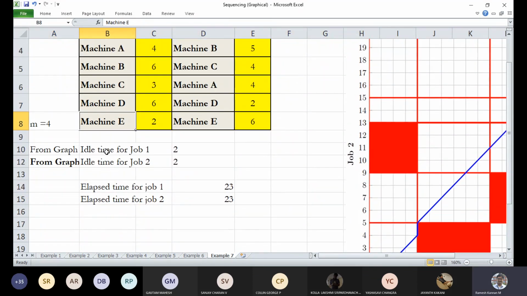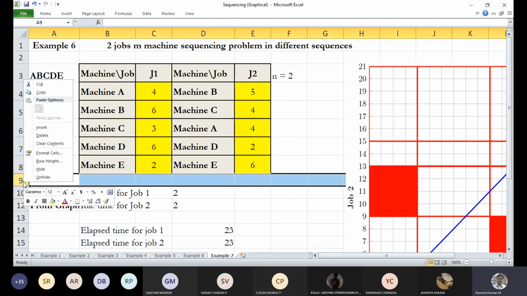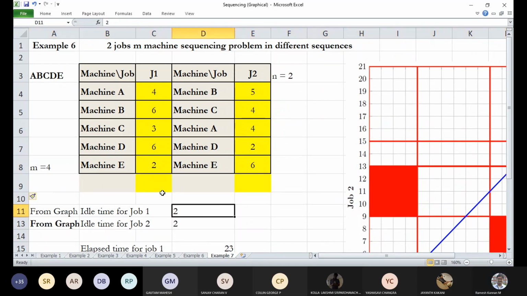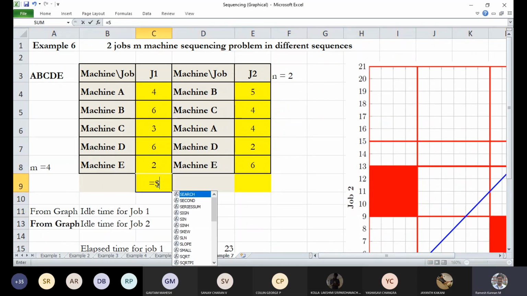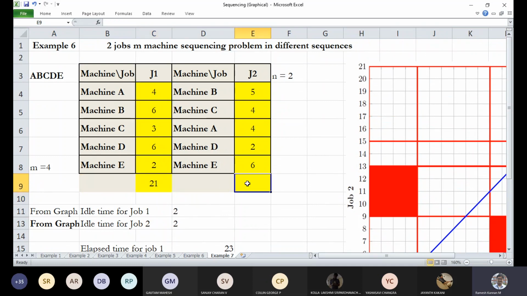So first, we calculate the sum of all times for a particular job. Here it is 21, and similarly here also 21.